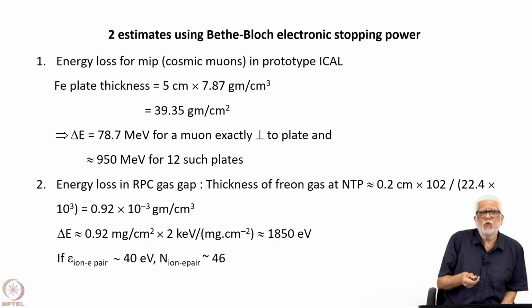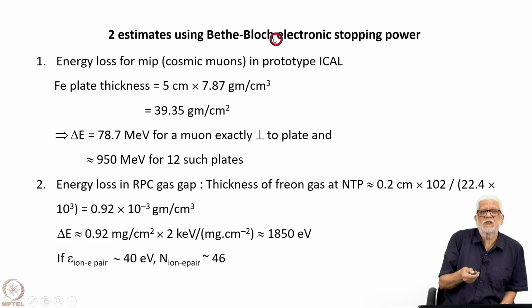I'll just give two very quick estimates using the Bethe-Bloch electronic stopping power. So, of course, for the minimum ionizing particle, we saw that the energy loss is of the order of about 1.5 MeV per gram per square centimeter. Now, it turns out that it is 1.5 to 2. So, in iron, if you estimate the energy loss for a certain plate thickness of iron, and